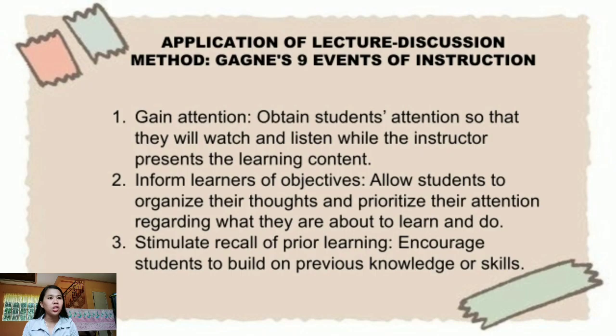The application of the lecture discussion method can be based on Gagne's 9 events of instruction. Robert Gagne's 9 events of instruction model is a systematic process that helps teachers develop strategies and create activities for instructional classes. Each step addresses a form of communication that supports the learning process. When each step is completed, learners are much more likely to be engaged and to retain the information or skills that they are being taught.